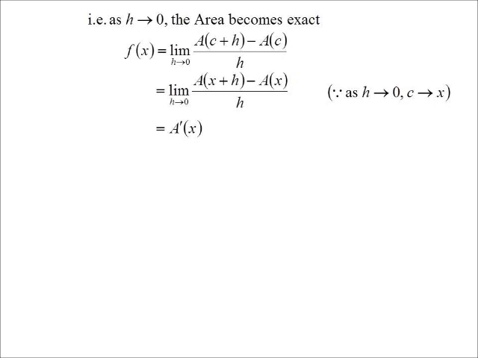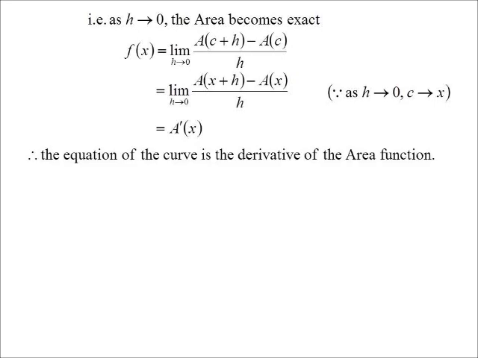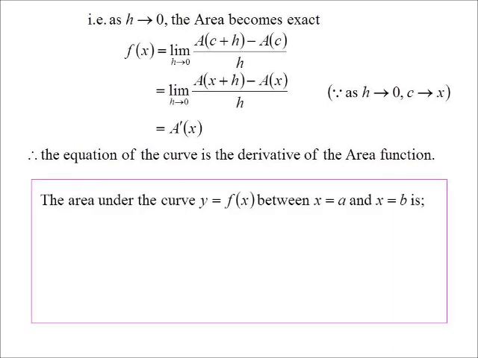So that would be the derivative of this area function that we're trying to find. But we know what that is because we know what function x is. So in fact, the equation of the curve is the derivative of this area formula that we're looking for. All right, so if I want to find the area underneath any random curve going from A to B, the